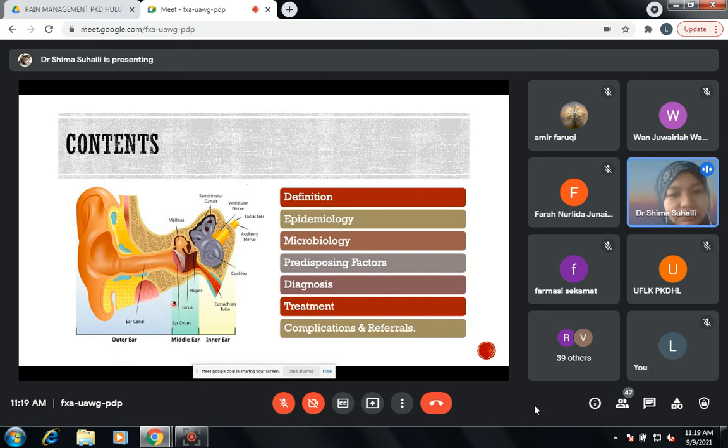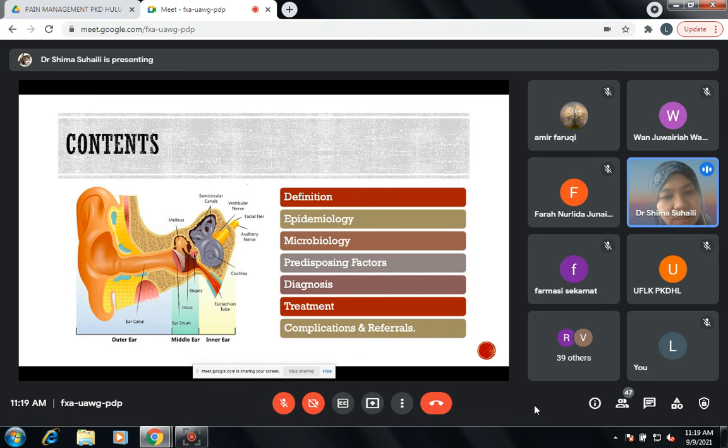So, the middle ear consists of the tympanic membrane ataupun eardrum, gegendang telinga. The malleolus is among the small bones in the middle ear that transmit the sounds from outside into the inner ear to the nerve. Ini adalah saraf cochlea. Okay, so bila kita bercakap, when we hear any sounds, it will travel inside the external ear, goes to the eardrum, so the vibration will touch the small bones, and transmit the sounds into the